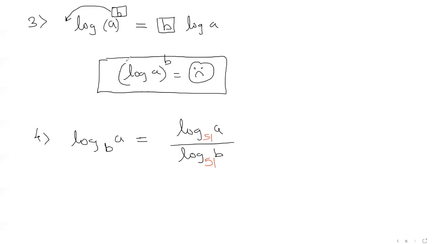Again, extremely, extremely important. Now, the fifth property I want to quickly mention here is if you have log A to the base B, this can be written as 1 divided by, this whole thing goes in the denominator, log B to the base A. You see A and B switch places here. Now A becomes the base and B comes here.